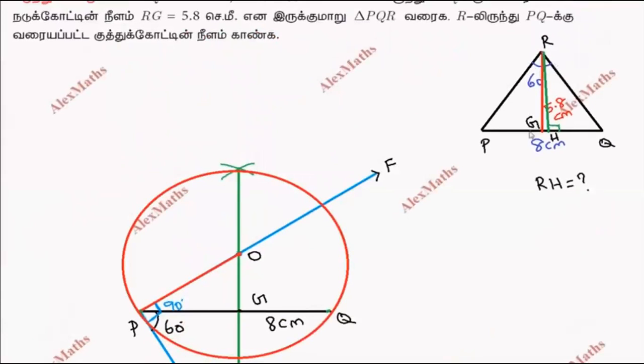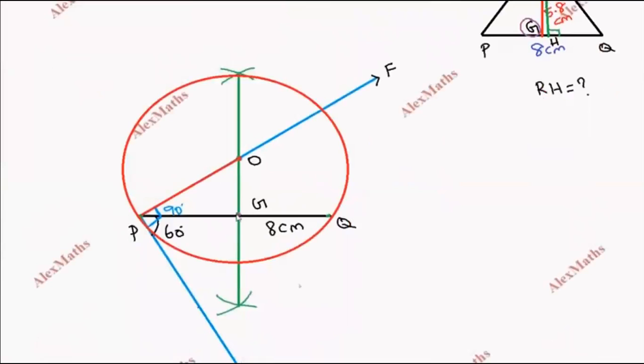Okay. So now we have drawn the circle. Now what you are going to do with the G as center. So can you see G as center? You can take 5.8 centimeter as radius. Both the sides you are drawing one arc with 5.8 centimeter as radius with G as center, since the median is given as 5.8 centimeter. Now we can join P and R and Q and R. So we got the triangle PQR.